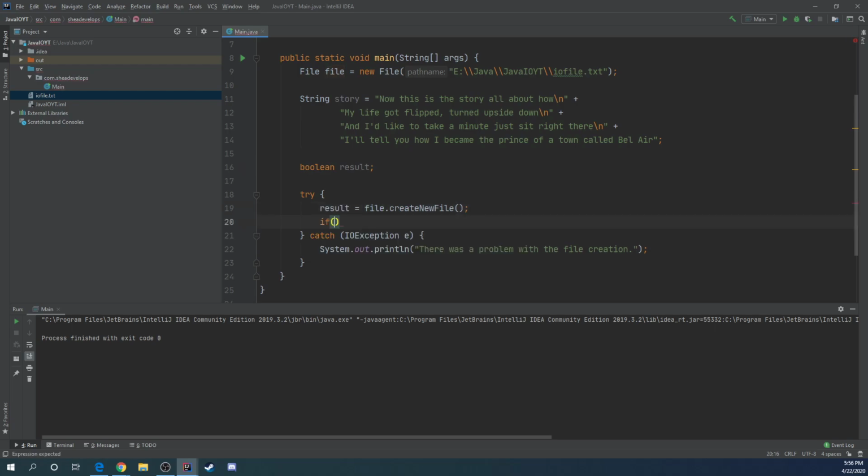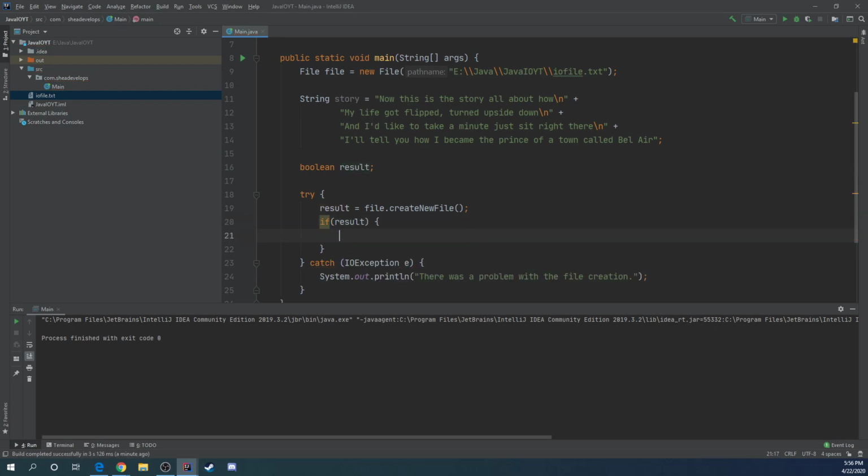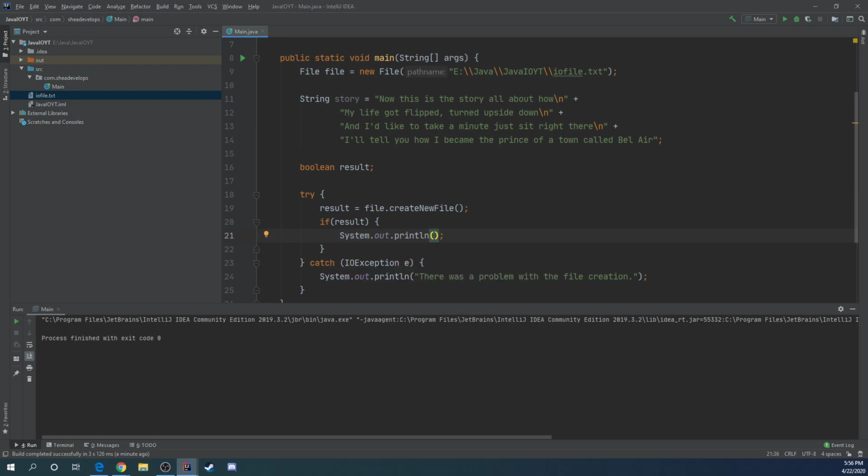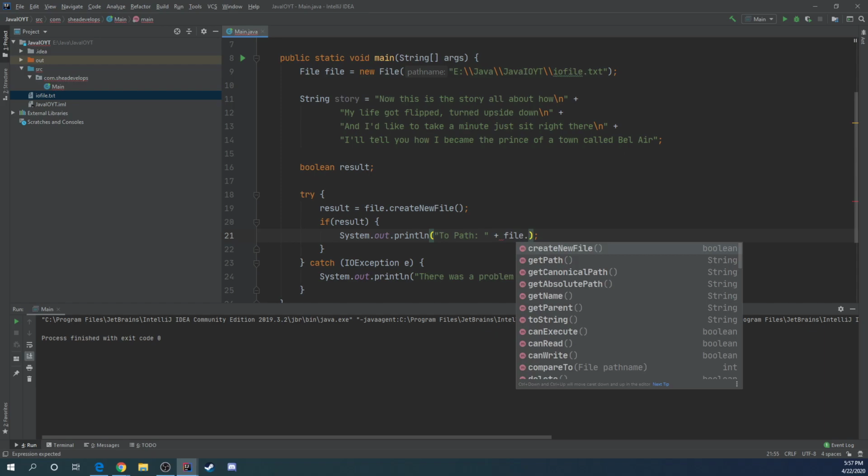So if the file actually was created, which it should have been since we didn't have to come down in here, we could do result, and then we could get stuff like the path. And there's a few different kinds of paths. We have the path, the absolute path, and the canonical path, right? So if you want to show that kind of information here, we could do toPath, and we could do file.toPath,